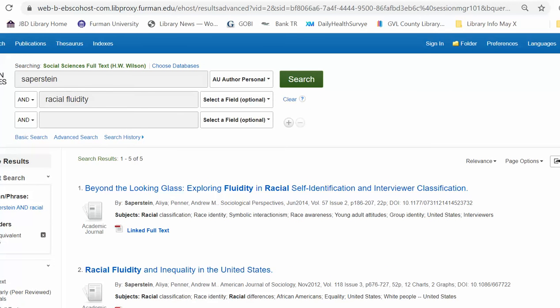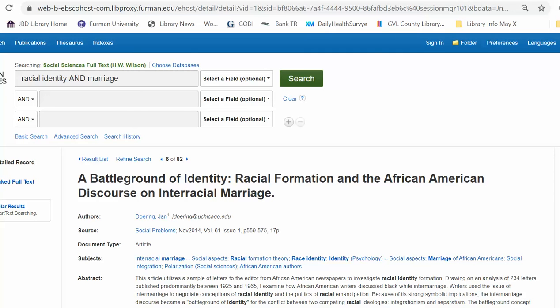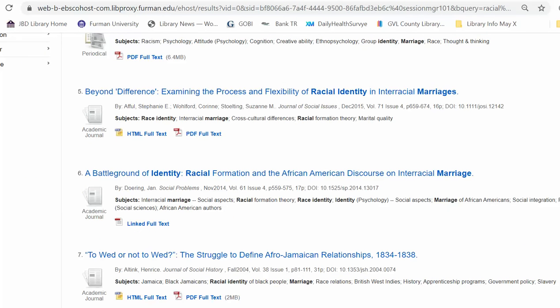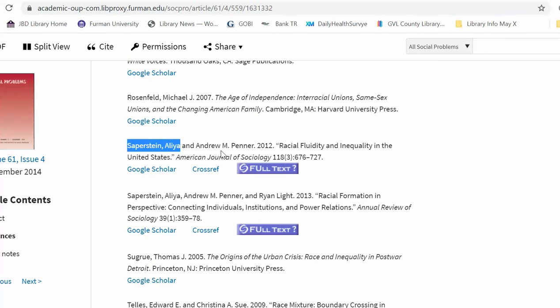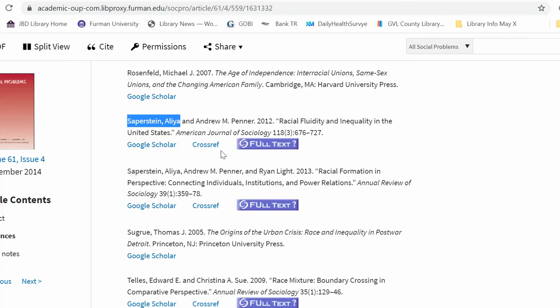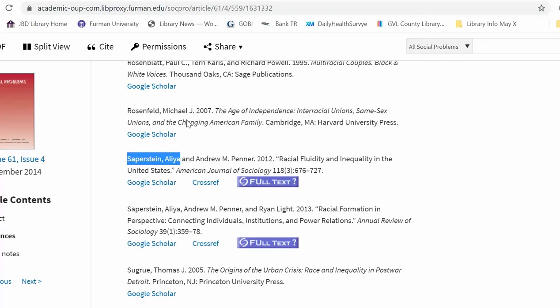Let me go back to that article that we found. And so that was one of the articles, but I also thought this Rosenfeld citation looked interesting. The Age of Independence, Interracial Unions, Same-Sex Unions, and the Changing American Family. And this is a book, and the way that I can tell it's a book is because